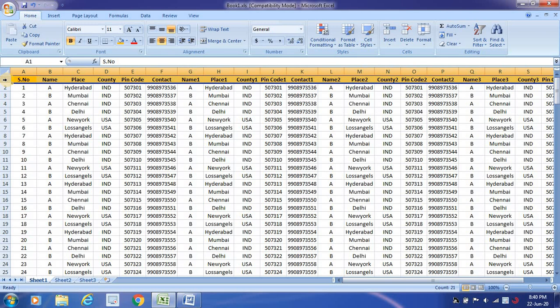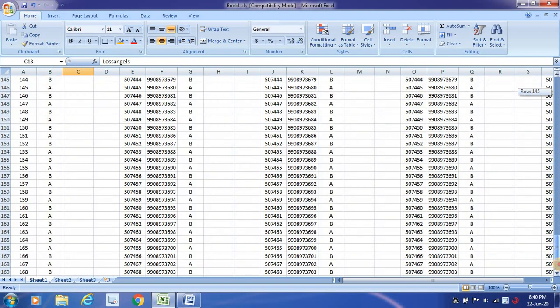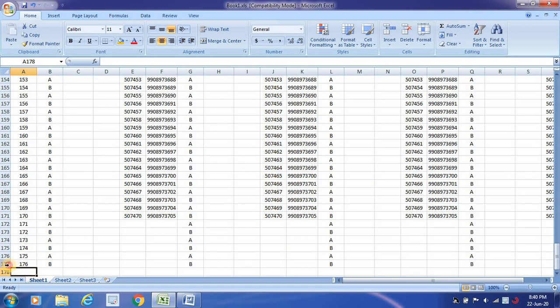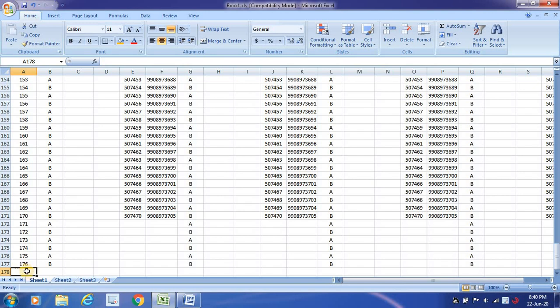Before we go to that, I will explain in what scenario you will make use of the option called freeze. Say for example, there is a huge data and I wanted to enter one more new record. If you see there are a lot of records created here, and if I scroll down using this scroll bar, I wanted to enter the row at the bottom, that is at 177. 177 is already filled, so I wanted to fill at 178. Now I don't know what this column name is.